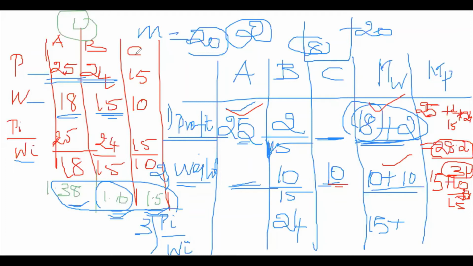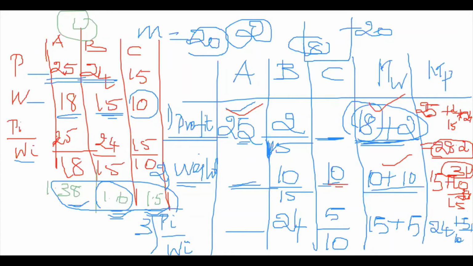So out of this object, we are having 10, but we are already choosing 15. So the balance is only 5. So 5 by 10. So now it is satisfied: the weight is 15 plus 5, so 20 weight. The capacity will be fully occupied. So no need to choose object A. It is empty only. What about the profit? The profit is 24 plus 5 by 10